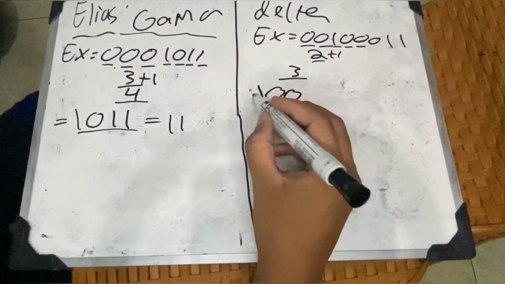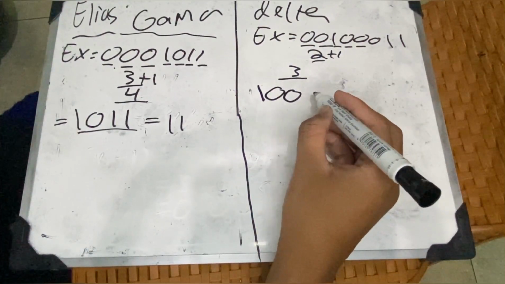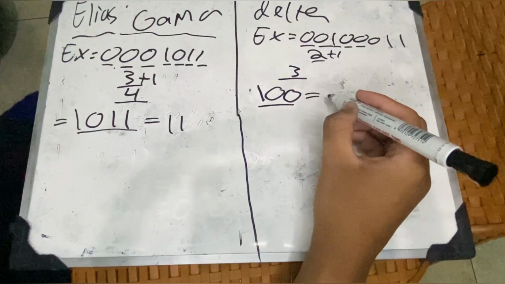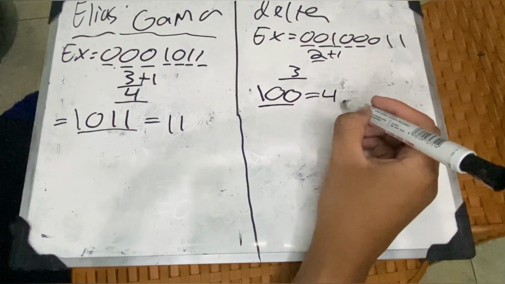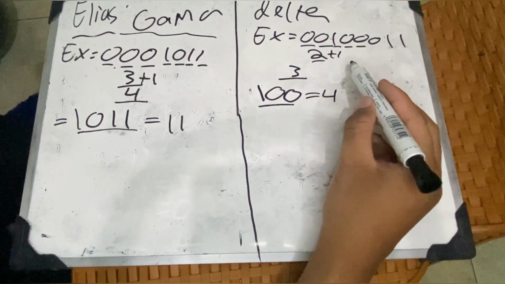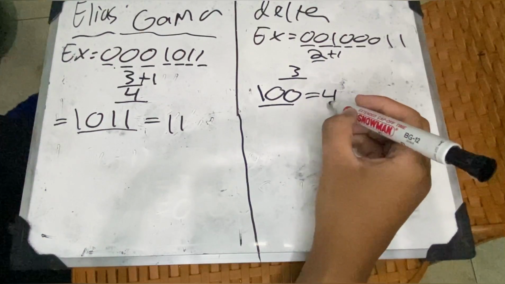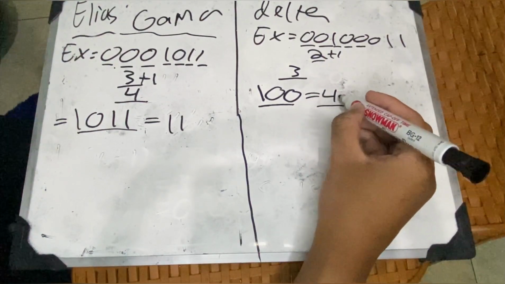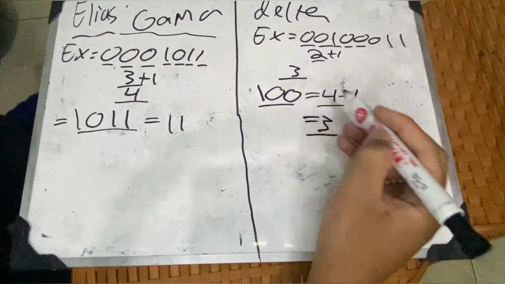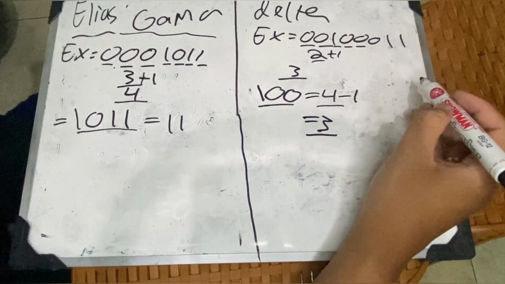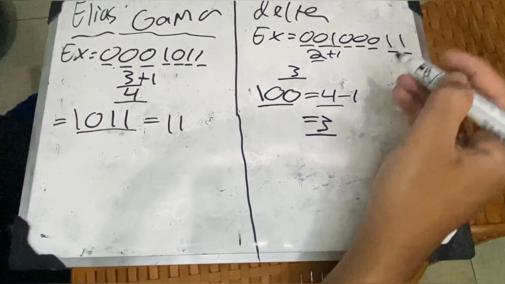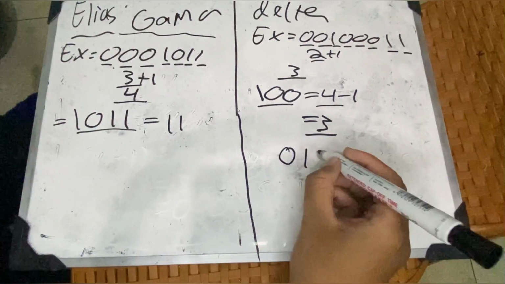This 1 0 0 binary code, we need to convert it to the decimal value. This binary code is equal to 4 in decimal value. Previously we added 1 to the number, but here we subtract 1, so it becomes 3. This number 3 is the same as before: we need to check 3 bits of the next digits. So there are 3 bits, 1, 2, and 3. So the binary is 0, 1, 1.